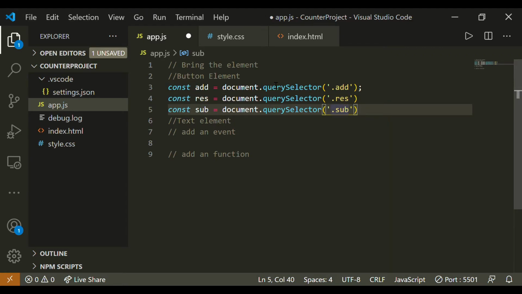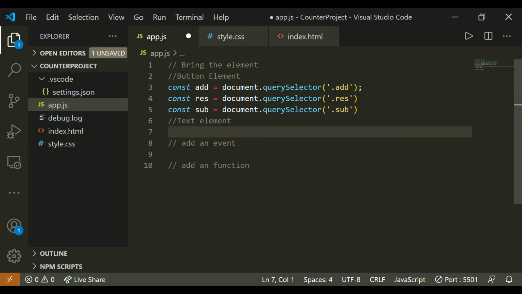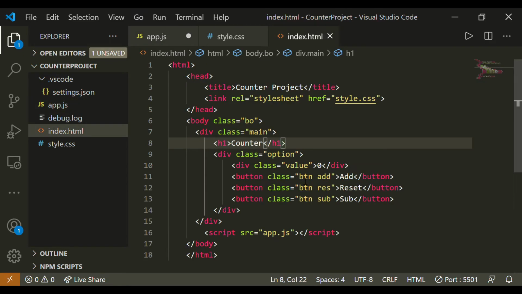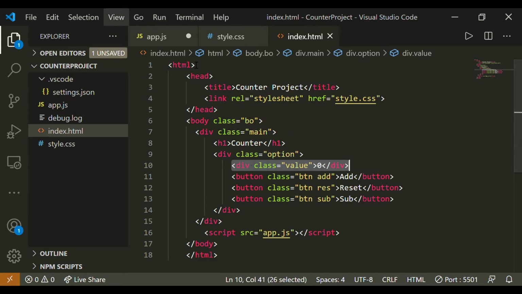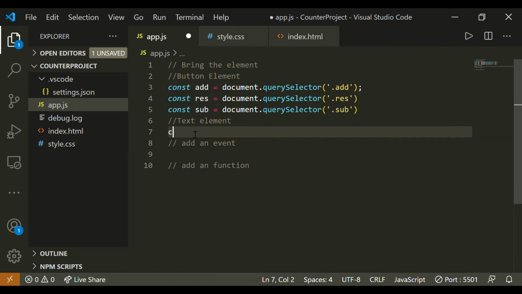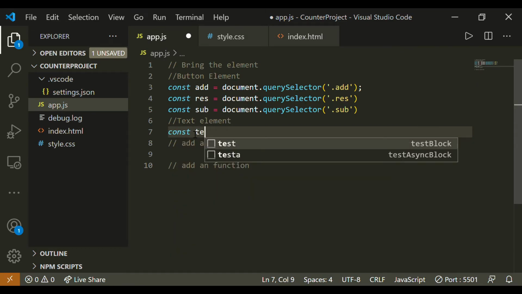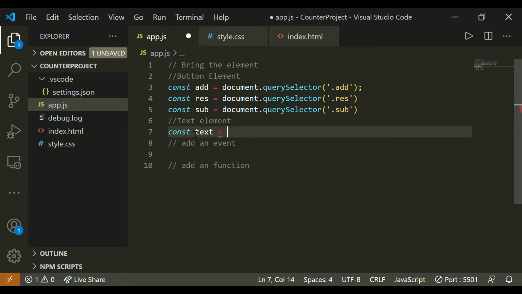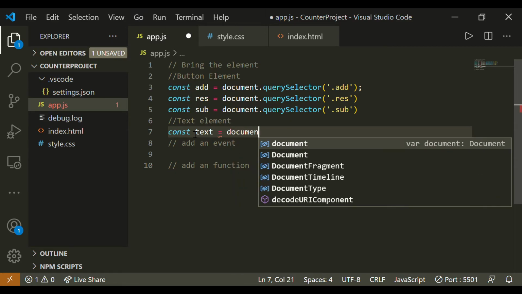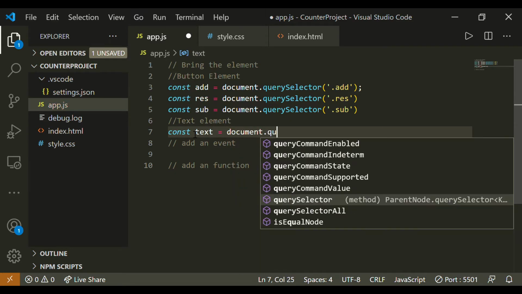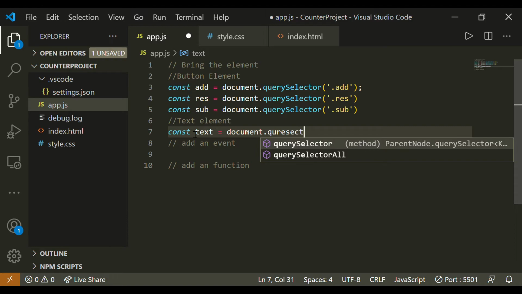So as we can see, now we have buttons. We want our text, where we want to insert the text. So we want to insert our text in this div which has a class name value. So we bring this div in our variable text. So it's like const text is equal to document.querySelector.